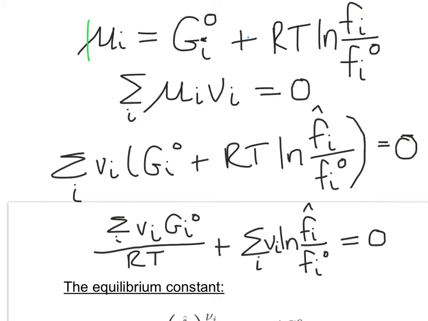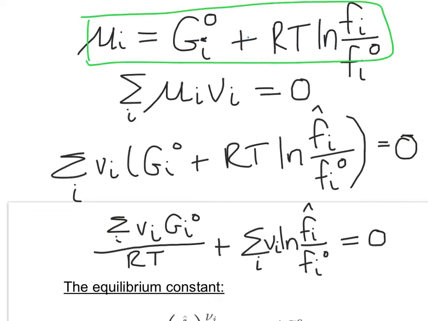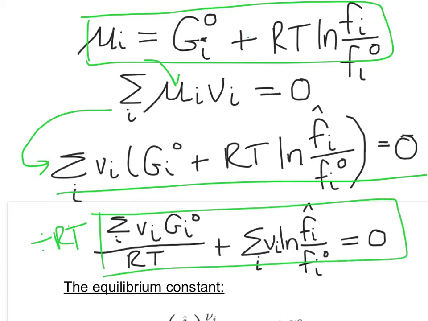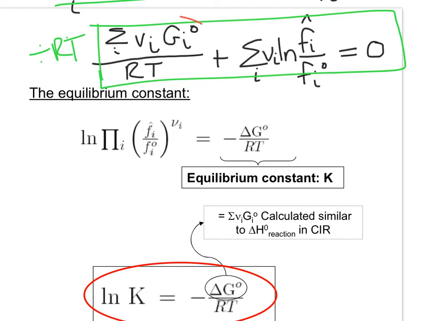Now that we have an expression for our chemical potential, which we substitute into our equilibrium condition, we can derive this equation of the substitution. Divide by RT and rearrange a little bit to prove that this equation must then be equal to 0. We can now take this group of terms to the other side of the equation with a negative and realize